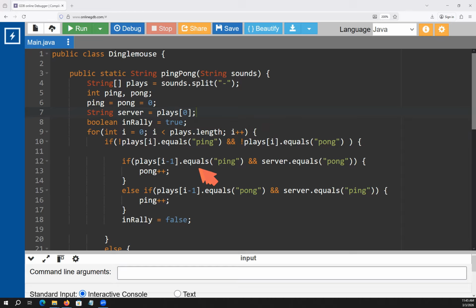Then we start a loop where I'm going to loop through the entire string array of all the shots. Then I've got an if statement here, and it spans until line 20. It's going to say, if the current shot is not ping and it's not pong, meaning this is a bad shot. If it's a bad shot, then I'm going to determine if there's a score, because if there's a bad shot, there's a possibility that the last person that hit it resulted in a score. And what I'm going to do is,